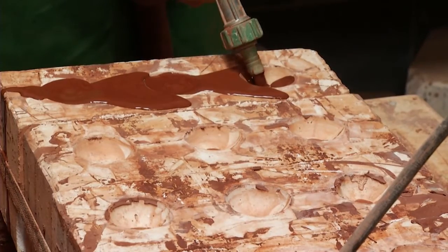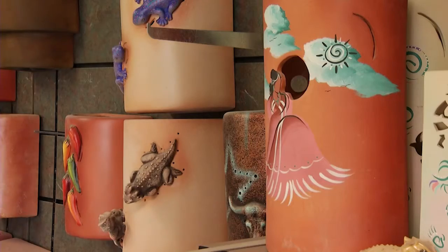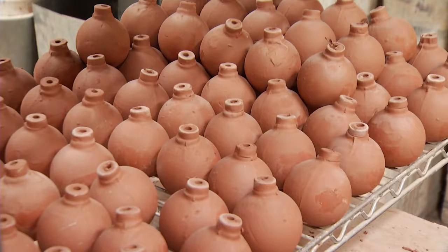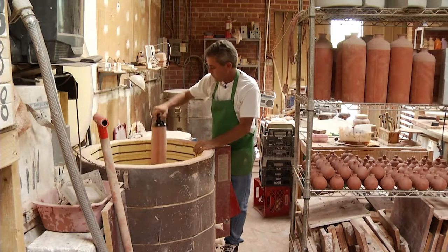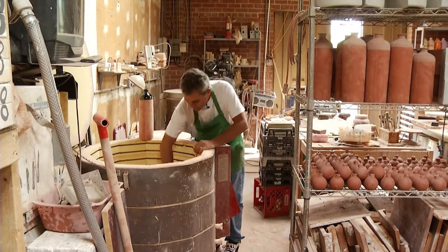Cutting Edge Ceramics was established in 2009. The company used to concentrate on decorations and souvenirs, but has evolved over the years. And now, clay oyas for saving water make up the bulk of the business. Co-owner J.C. Matthews likes to garden, and he also wanted to conserve water, so he looked into the prehistoric oya